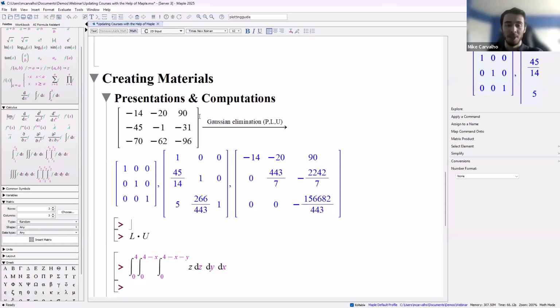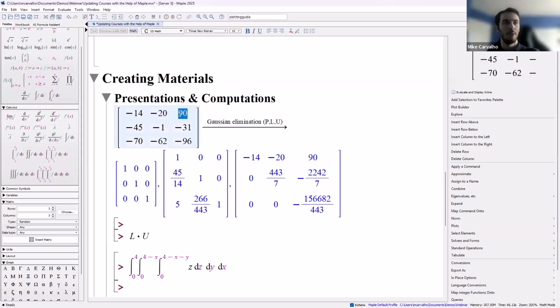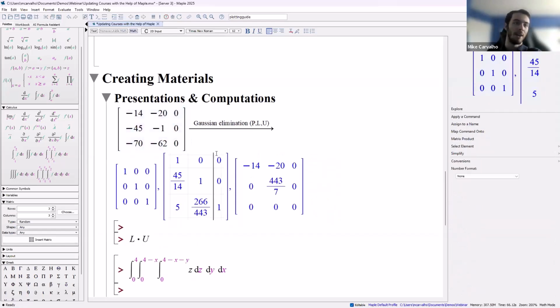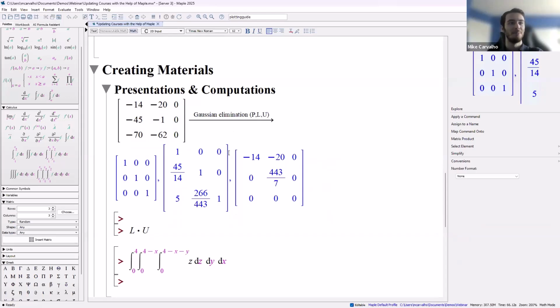And one of the best parts about this too is when you get an inquisitive student who says, oh, well, what happens if there's a column of all zeros? Well, okay, we can check nice and easy. We can just input it, press enter, and it'll recompute it right there on the spot. So no matter how many steps you have, you can re-execute all the steps in a row to explore on the spot what this computation looks like under different circumstances.